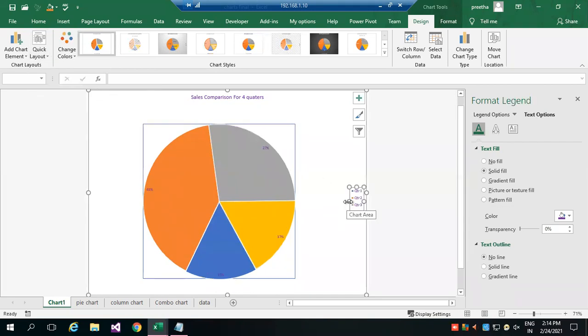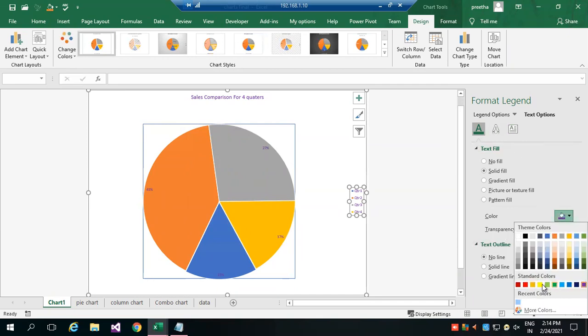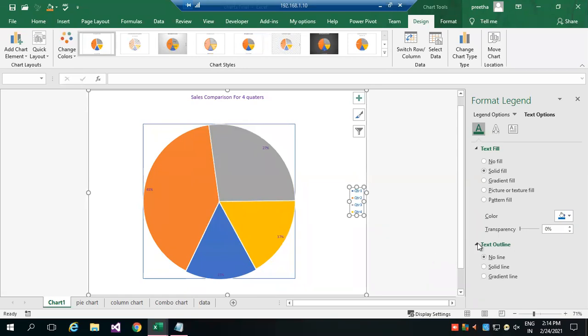This legend, you can increase or decrease. You can change the color for the legend. So I wanted to fill the color. I want to increase it.